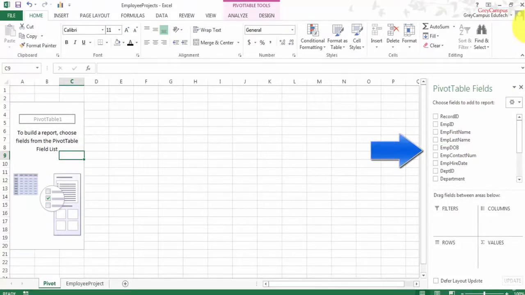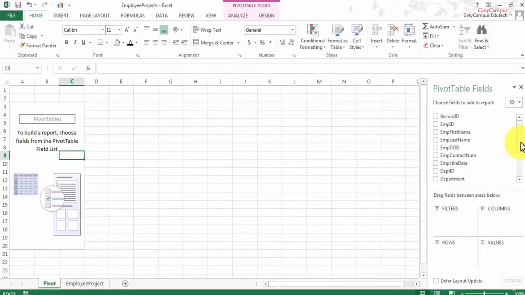So what happens is, we have the pivot table on the left hand side, we have the fields on the right hand side. This presents the list of the fields that is there. Now apart from the list of fields and apart from the placeholder, we have something called 4 quadrants. One quadrant is for row, another one is for column, and then we have 2 more quadrants, one is for filter and one is for value.